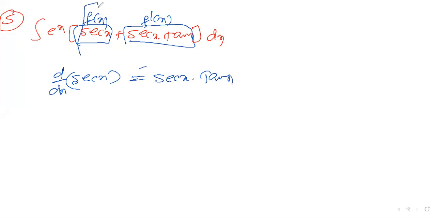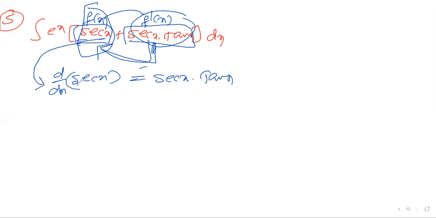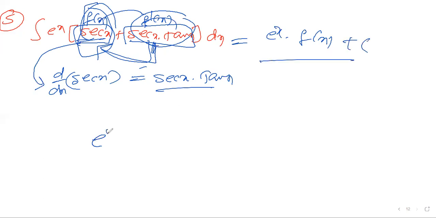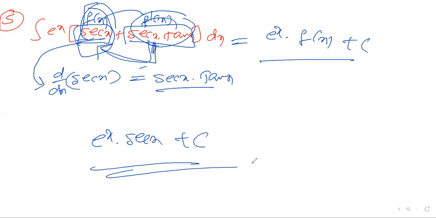If this is f of x and you do differentiation, you have to get this one. Or else if you take this and differentiate, you need to get the other. You need to get clarity on this first of all. So I take the first case: this I took as f of x, I do the derivation and I got this answer. So this is f of x, and this is f dash of x. According to the formula, the answer is e power x into f of x plus c. So similarly, the answer here is e power x secant x plus c. Answer is finished. Clear? Now go to the next question.